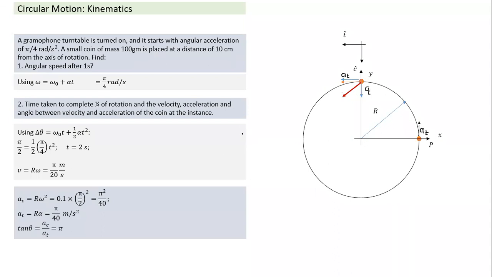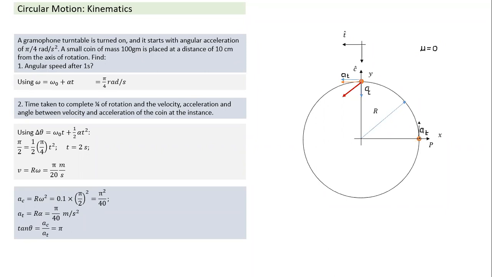Now let's think of a few more things. What would have happened if the friction between the gramophone and the coin was 0? Let's take the case when the coefficient of friction between the gramophone surface and the coin was 0. In that case, what would have happened to the coin, Jaydeep? It would start slipping. There will be relative motion. It will just remain where it is, only the gramophone surface will move.